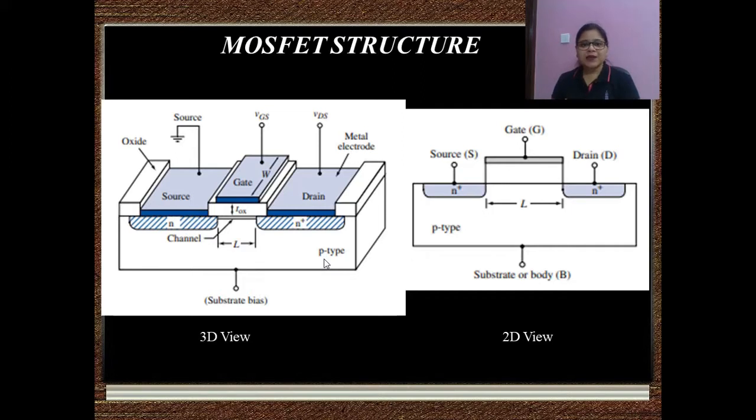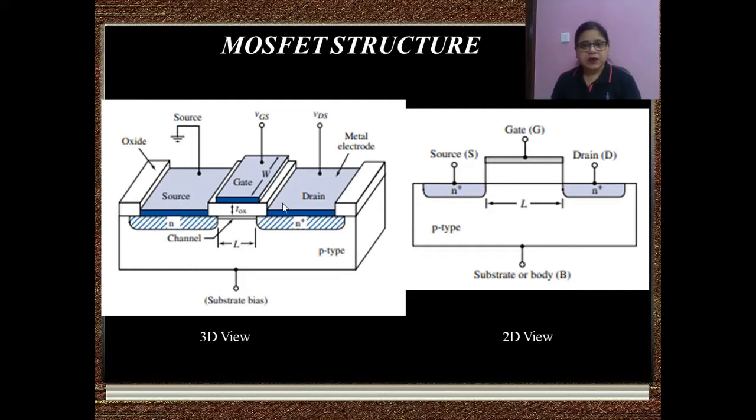Substrate means a native silicon wafer on which the device is fabricated. So this is a silicon type of substrate, and the doping which is done to it makes it a P-type or N-type. So when we are working with the NMOS, we should take a P-type substrate, and when we will be working with a PMOS, we take an N-type substrate. In this substrate, these N plus regions which are forming source and drain are diffused into it. This diffusion process is done to diffuse the source and drain terminals, or the source and drain regions. So that's why these are also known as the diffusion region or diffusion area of the device. So they form the source and drain.